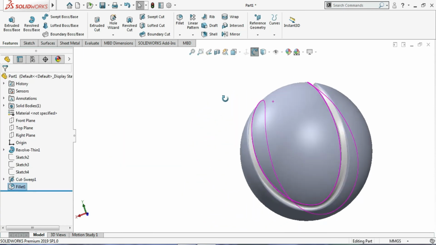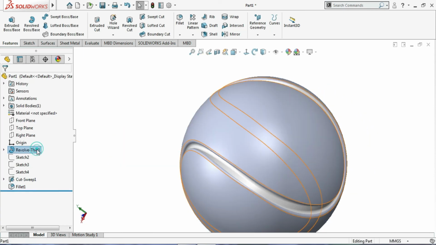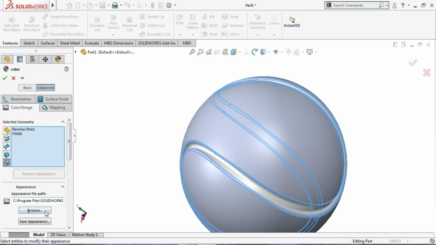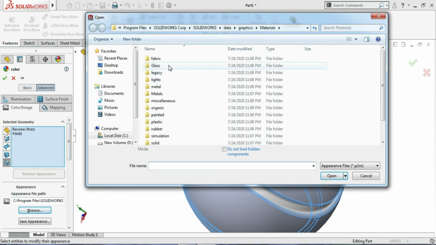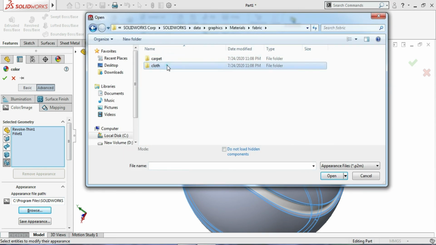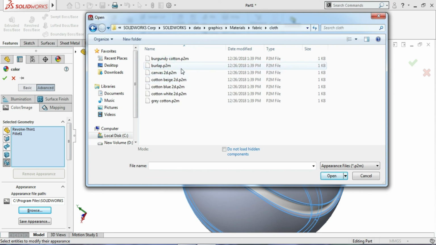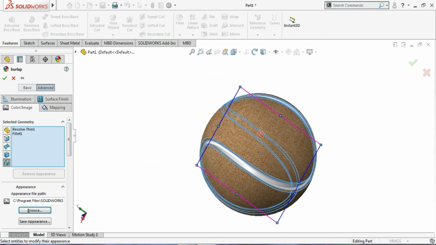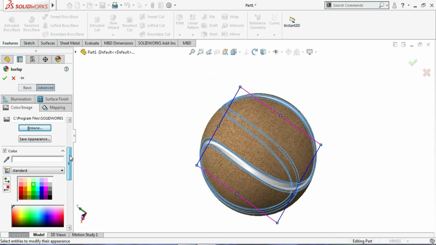Now I will do one thing. First you have to select this revolve and this fillet, and go to the appearance and go for the browse, and go to the fabric. Under fabric we will select this one and go for OK. Now you see it is looking like this, but I will change the color.